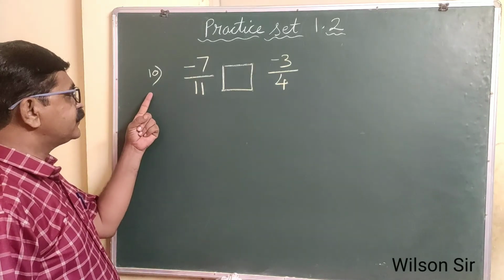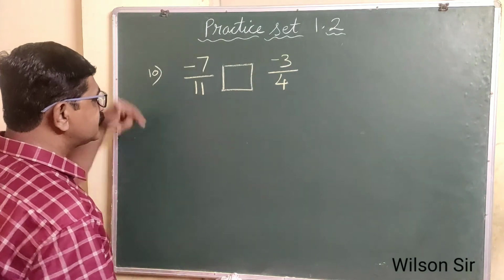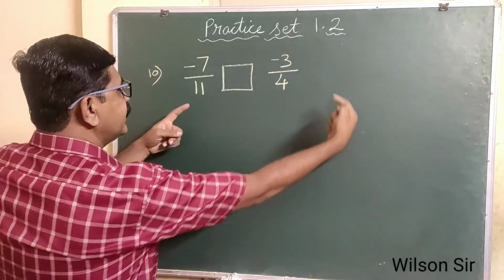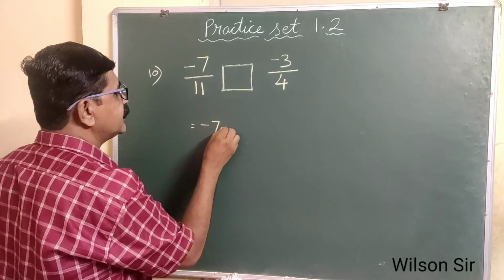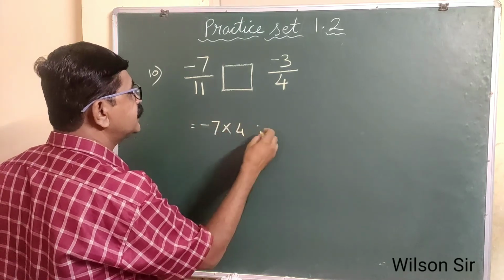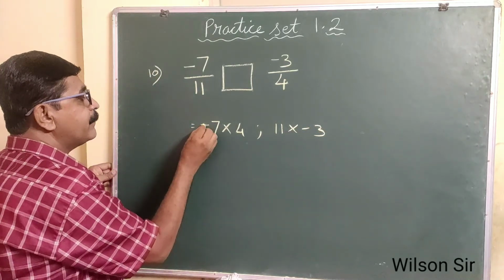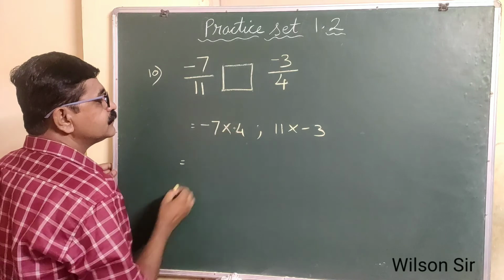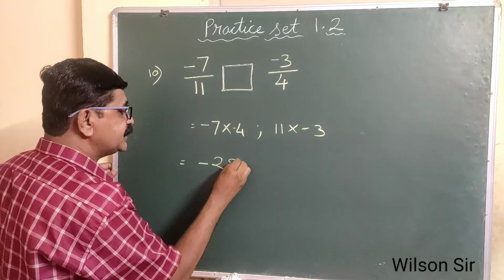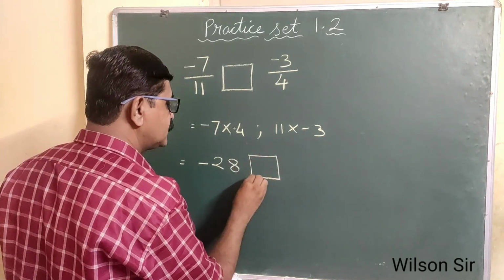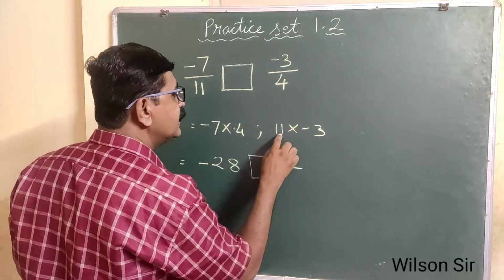So the last problem, the 10th one, we have minus 7 upon 11 and minus 3 upon 4. Again the same method, cross multiplication: minus 7 into 4 and 11 into minus 3. Here we get minus into plus, minus into plus is minus, 7 4s are 28. Now you can put the box. Then plus into minus is minus, 11 3s are